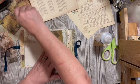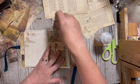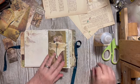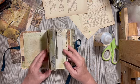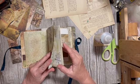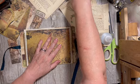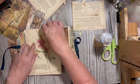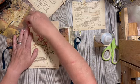Okay, so there's that. And we'll be able to put, you know, we have these tags and all these wonderful things. Up here, I really want to use the things that are, here, we're going to put that in there for right now. Okay, but we've got that, and then where's the other one? The pocket. I kind of want them separate. So there's that one. Then you come a little ways. Oh, oops. Should have been a little ways. Oh, well. And then we have the one that has the 2 on it. Okay. And I was thinking this might be kind of cool in the center here. Oh, it's got a little poem thing with it. You know what? Let's go ahead and